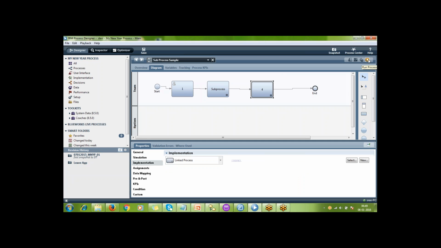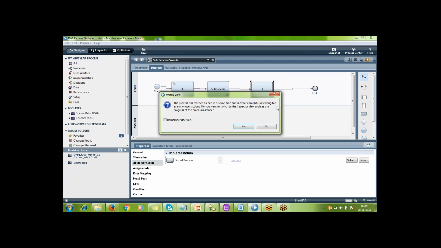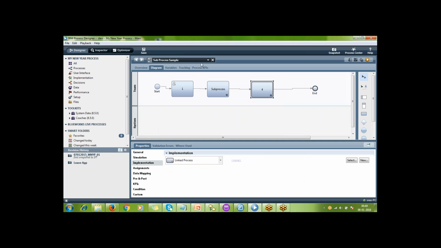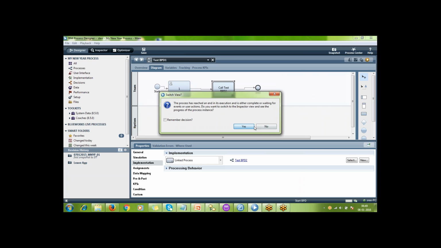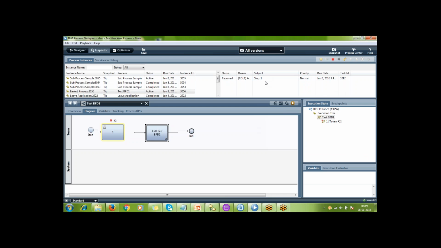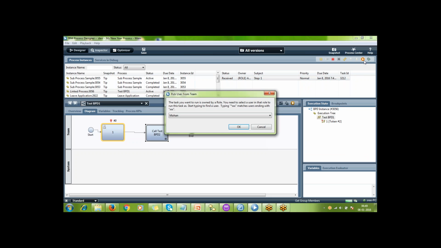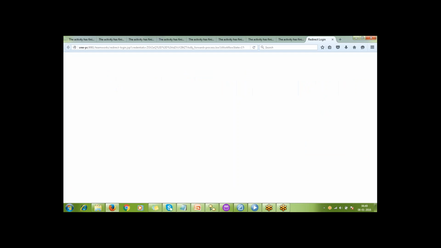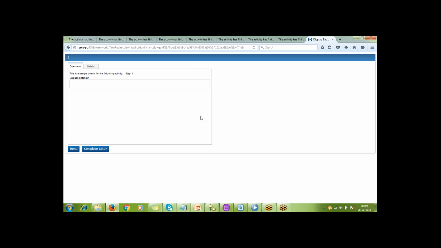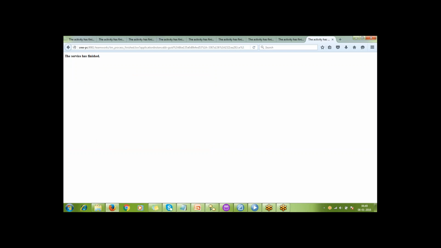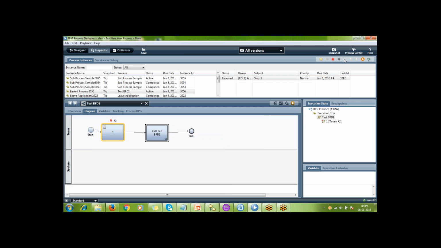Here I'm running test BPD1. A task has been generated for me, and I'm running the task.